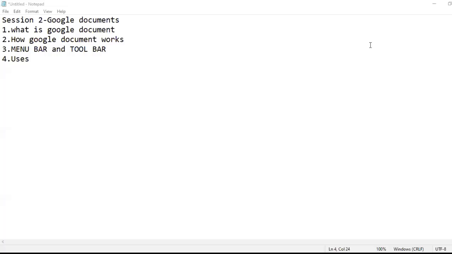That means how the tools help the user and how they can be useful according to the requirements, and the last topic, the uses of Google documents. So let's get into the topic we are going to discuss today.